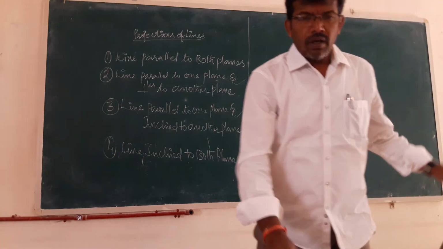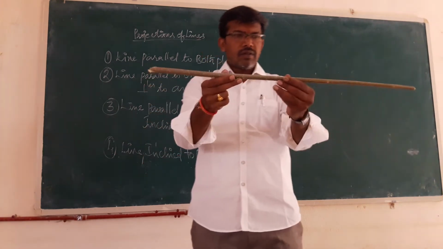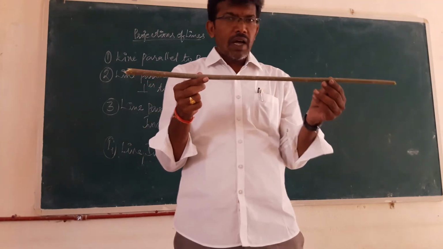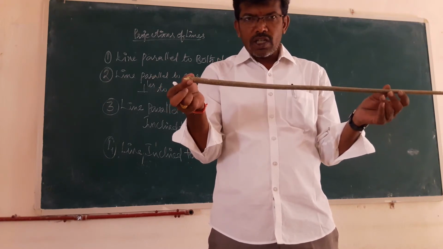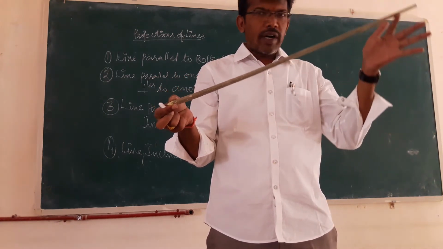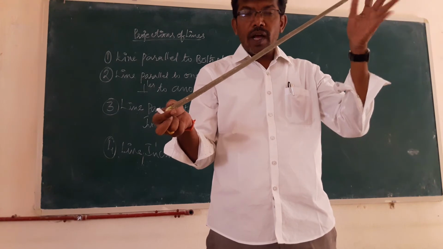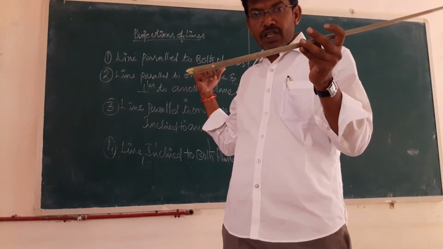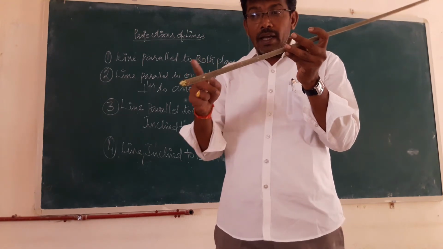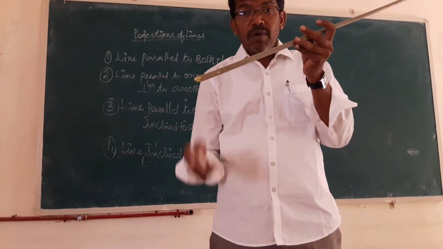Right. So now also I will come back. So now this is the line which is parallel to both the planes. Now I will hold this particular one and I will try to rotate this one. Now what happens? Now points A and B are equidistant to the vertical plane, and A is some distance above